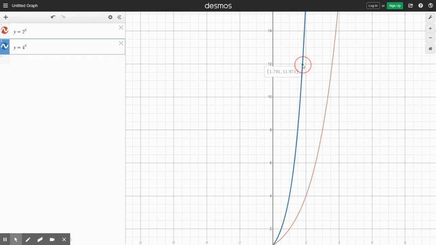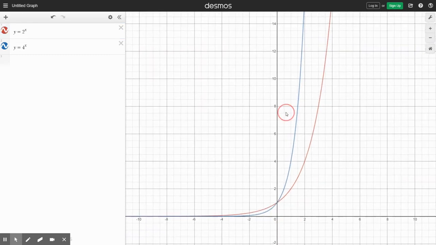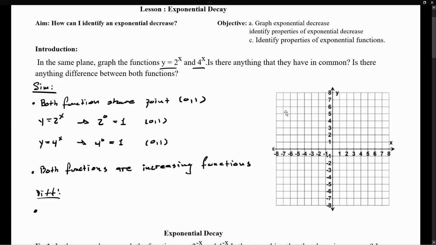Let's take a look at 12. For 12, on the blue function, I only need an x value of 1.79 to get to 12, whereas for the red function, it takes 3.58 to get close to 12. So therefore, the blue function is increasing faster than the red function. So let's just write that down. There's a big difference. Even though both functions are increasing,